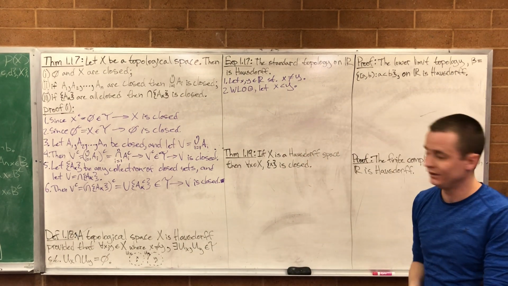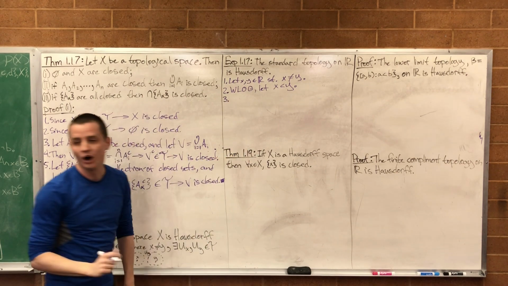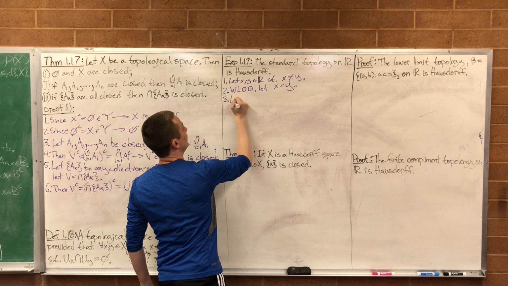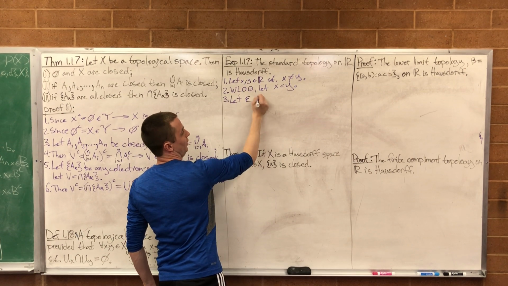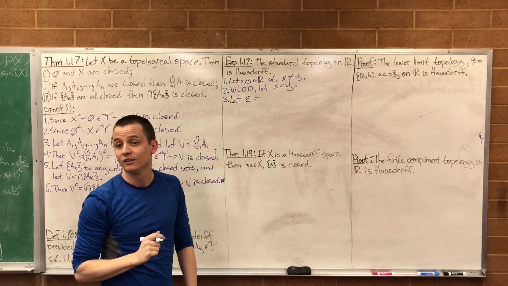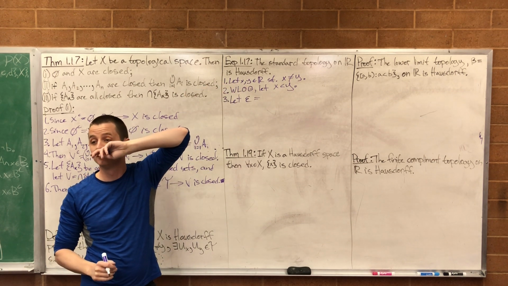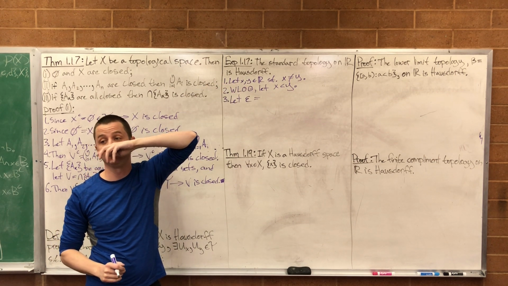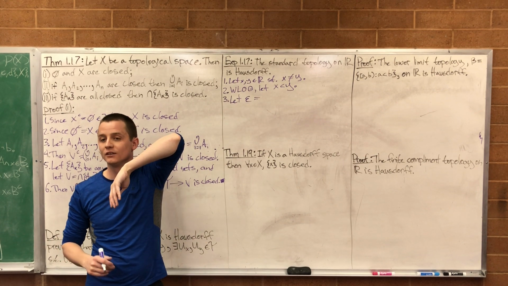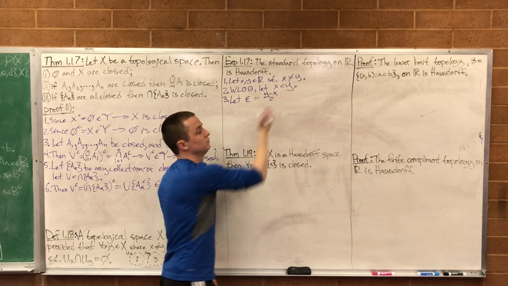I'm just going to take the midpoint. Isn't that what we just did? No, we took half the distance. Okay, so I'll call it epsilon, equal to half the distance. Tell me the equation. It's the distance between the two divided by 2. We don't need the absolute value because we know which one's bigger. So it's y minus x over 2. So let epsilon equal y minus x over 2.